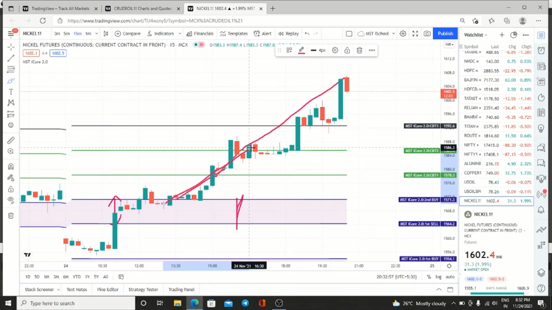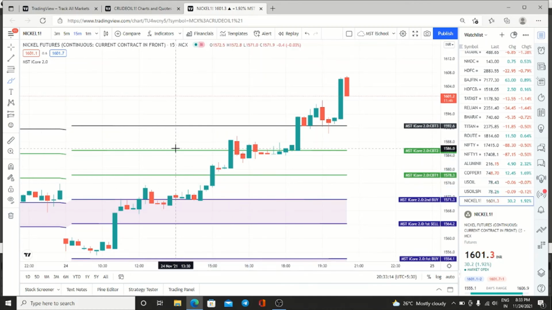It will give you a clear knowledge of what to do. If you are in loss, what to do? If you are in a profit, what to do? So today I have shown you three examples, one in crude oil, one in copper and another one in nickel. In both the scenarios I have explained to you. So this is how we have to trade. It is very simple to understand.